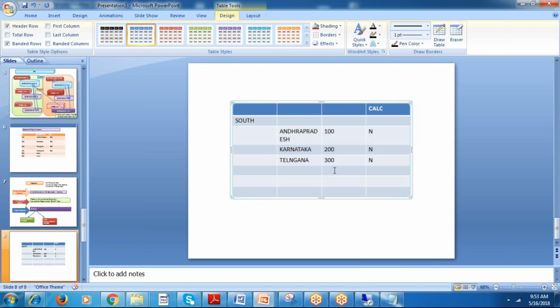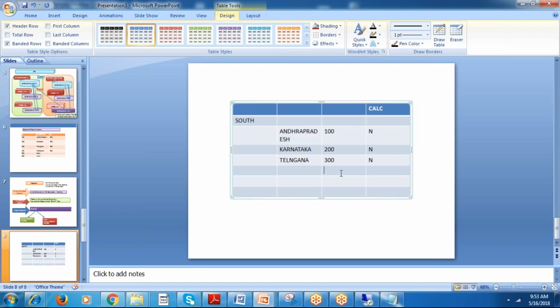The base level members we can input the data in BPC, whether you are loading the data, giving journals, or giving any manual entry, whatever the way you are entering the data, that should be entered in the base level members only. We cannot enter the data at the parent level. What is the parent level here? This level, south, is the parent level. So this level is the base level.